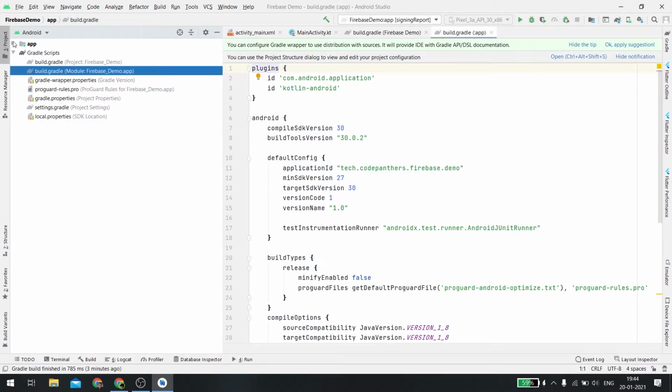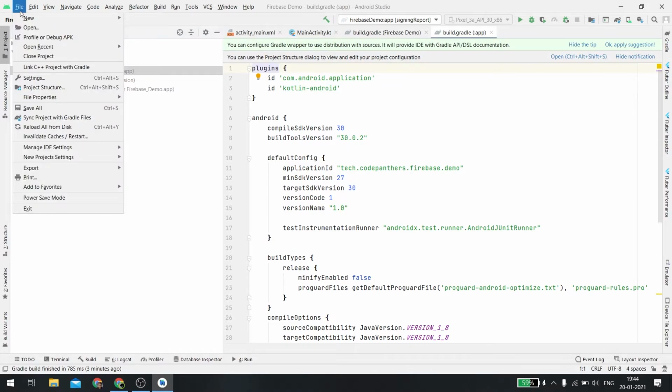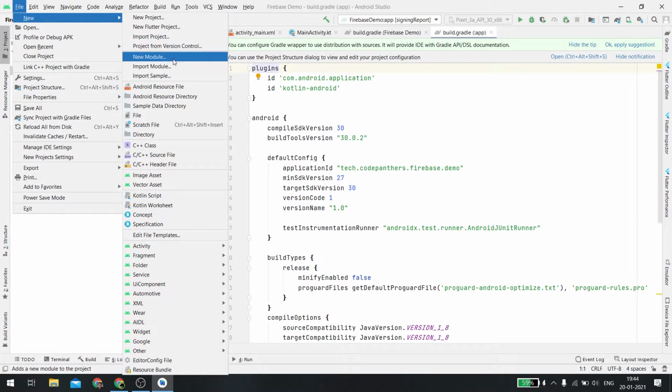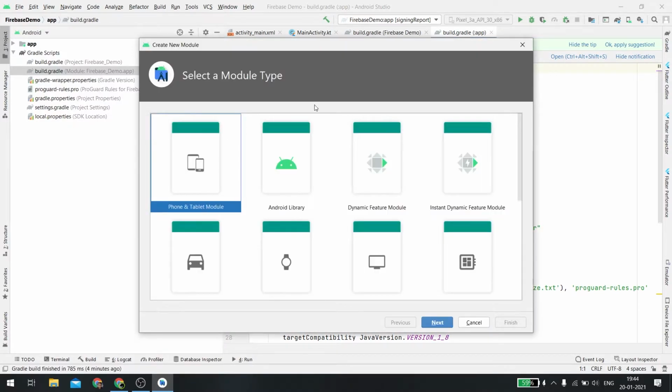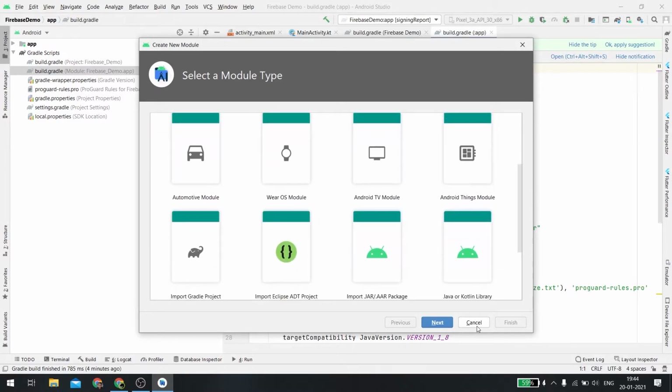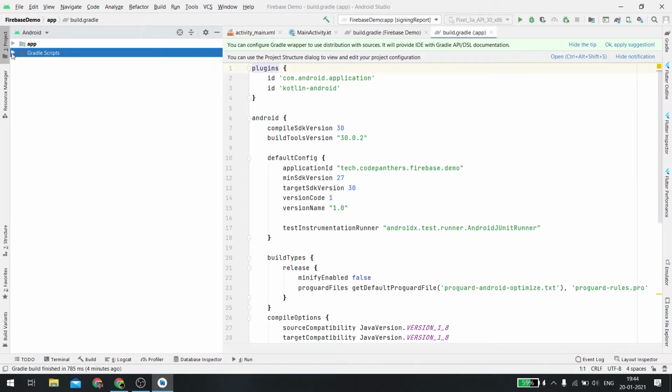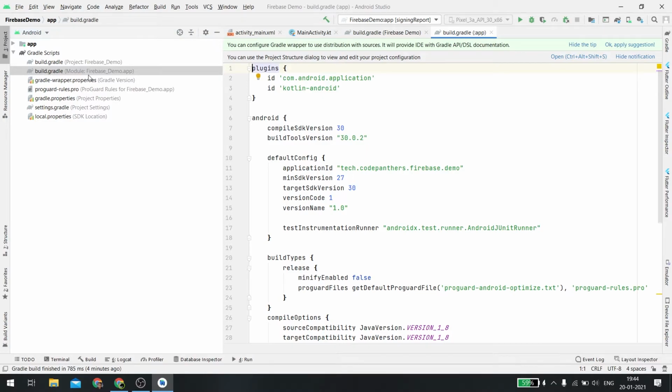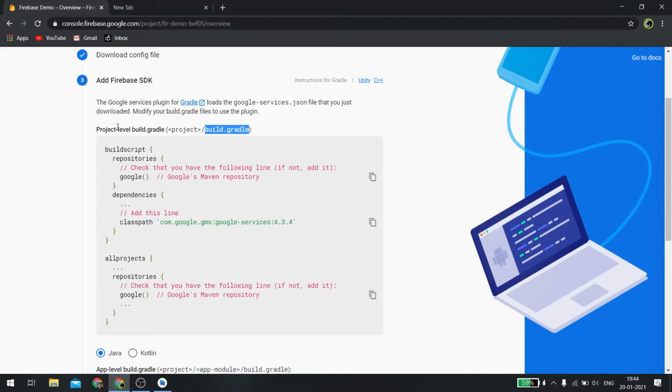So actually in Android, we can have more than one module. You can see one here, we can create more. In fact, I think the option will be yes, you can create more modules. There are a number of types of modules here. These modules will be present just like this folder app, but the app one is the main entry point for the application. So that is why we have a build.gradle for that. So these two files have to be manipulated as we are looking at here.